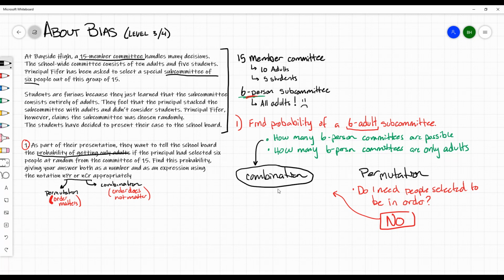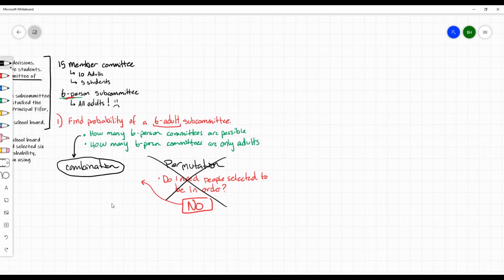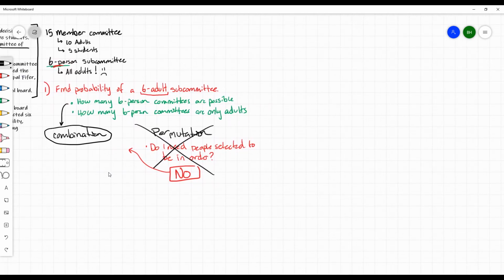Okay. So since it is a combination, we actually don't need this section anymore on permutation. You don't even need to worry about permutations. So what I'm going to do here is zoom out and go over here so that we can look at a fresh problem. So if we're looking at a combination,